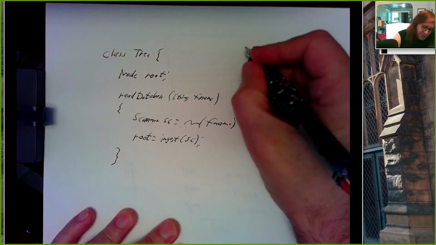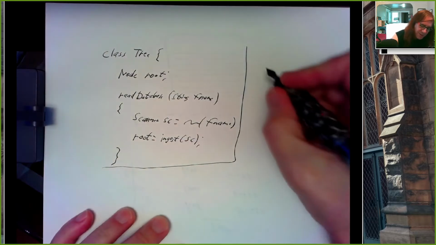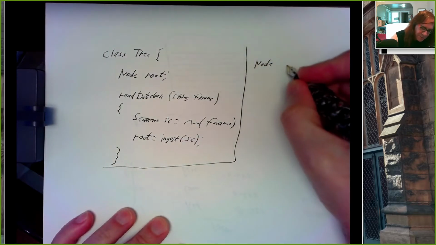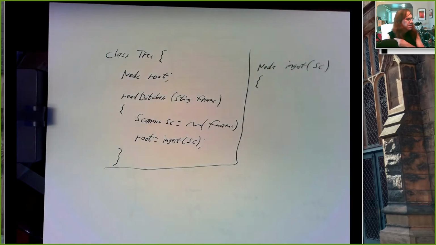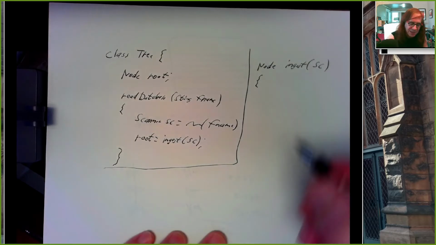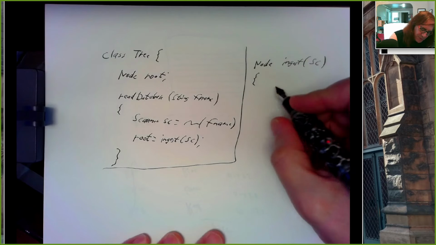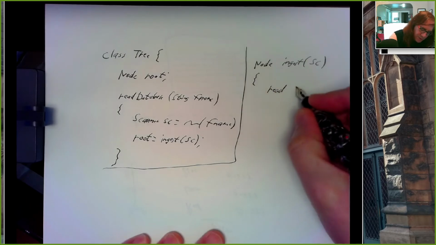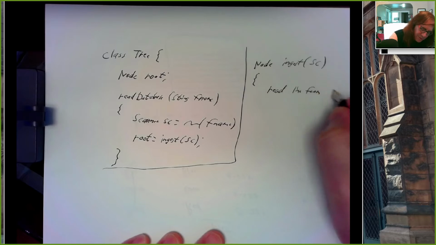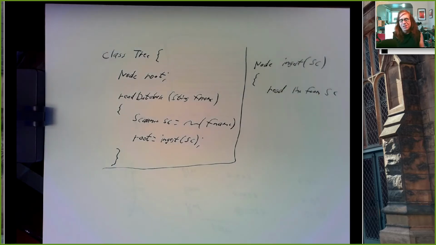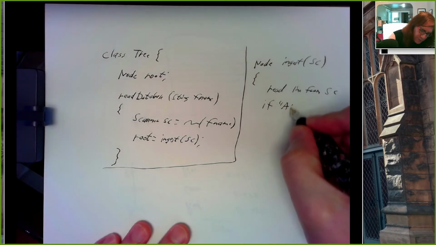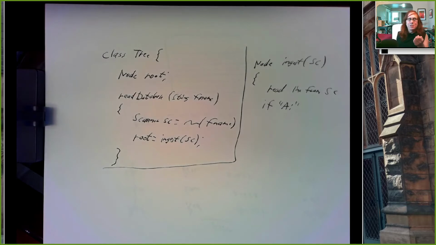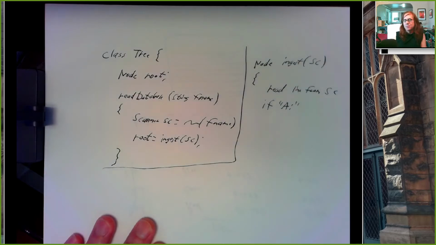And then we're left to make the ingest method. This is definitely going to return a node, and this is the thing we've been specking out in pseudocode. So read a line from SC: string temp equals SC dot next line. Don't use equal equal; use dot equals. So if temp dot equals quote a colon, meaning it's an answer node,